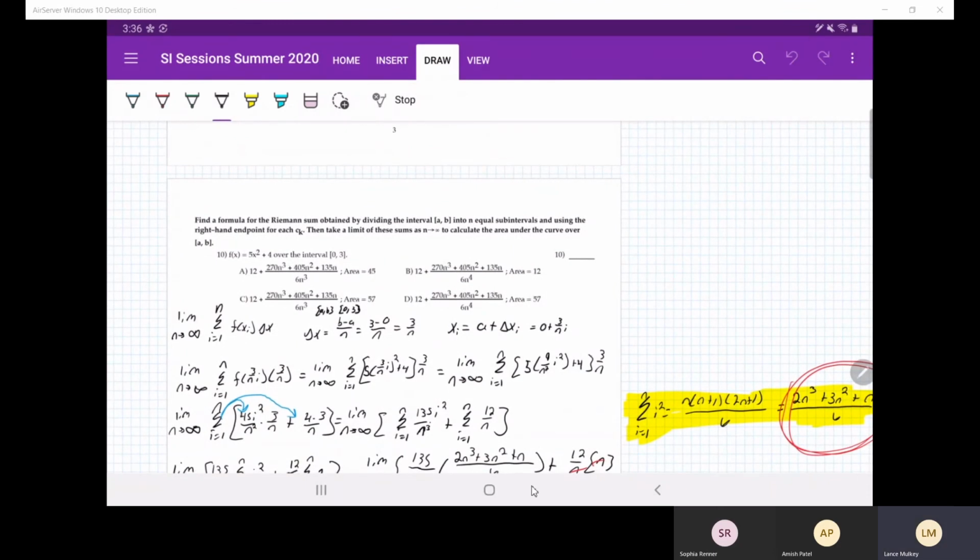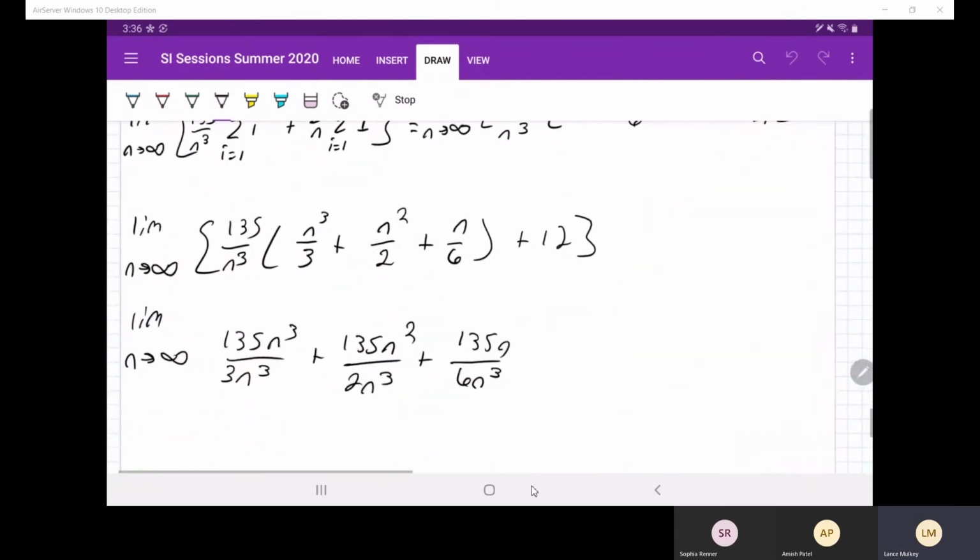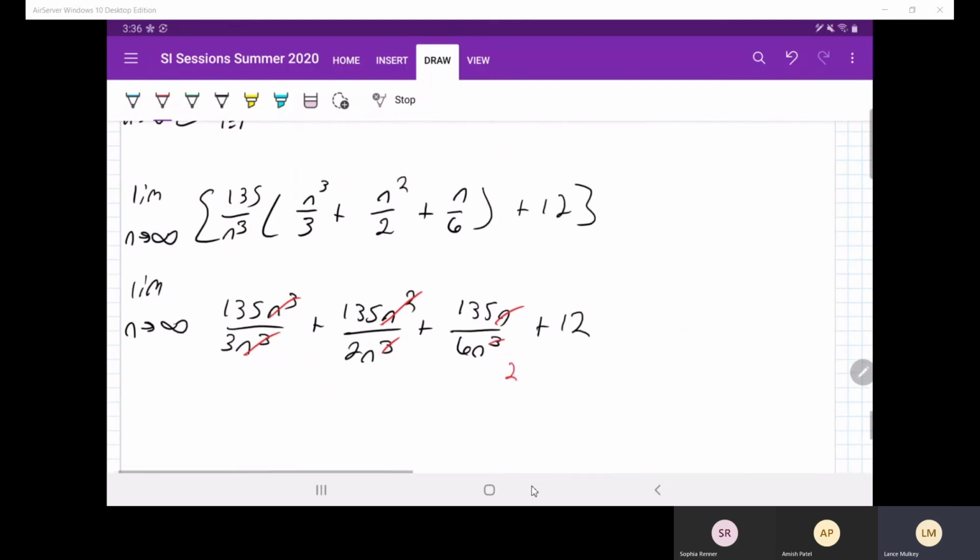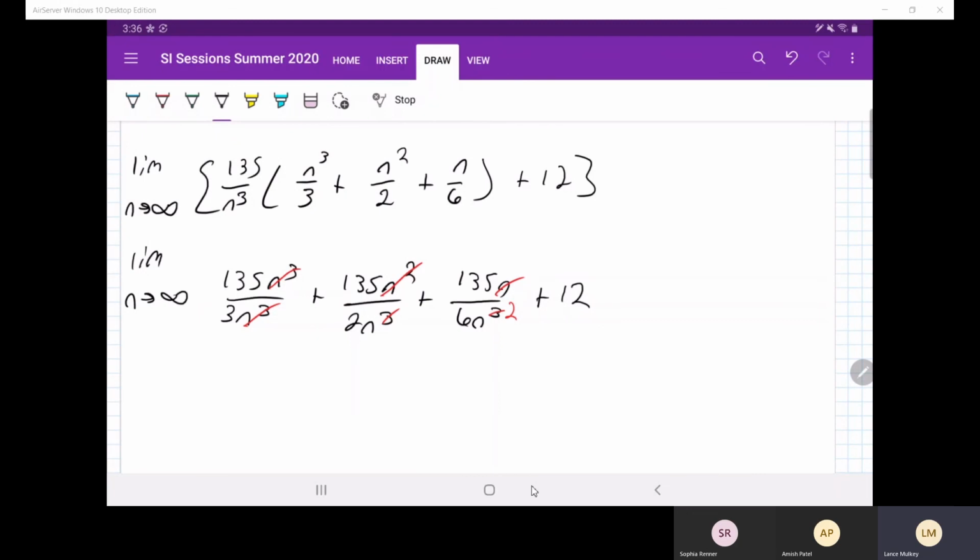Okay, well, how's he doing this? We'll work our way back. Plus 12. Well, you can see that those drop, that drops, that turns to 2. And then we get